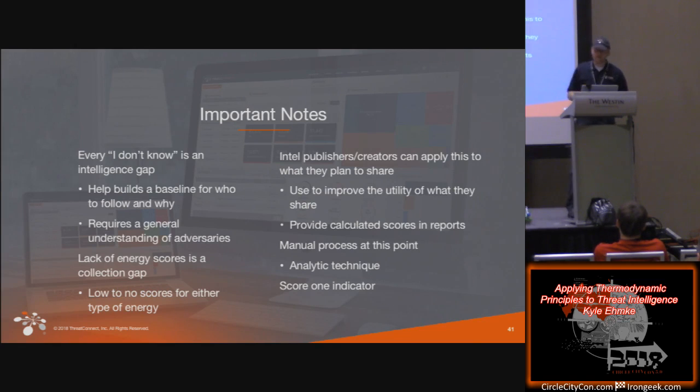At this point, this is a really manual process and more of an analytic technique or framework. However, we're investigating ways to employ this at scale against larger sets of indicators and include it in our own intelligence reports as well. It's also important to note that for some reports that are about one instance of activity, you only have to calculate the scores for a single indicator. That same score would then be accurate for all of the indicators in that report.